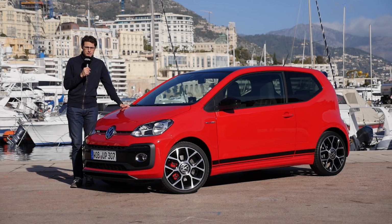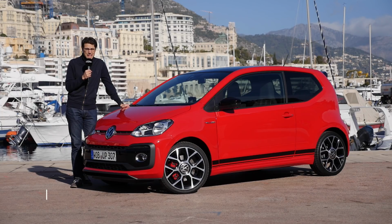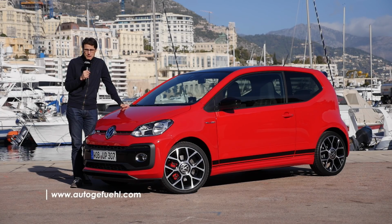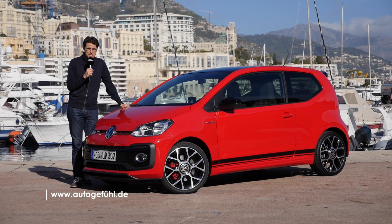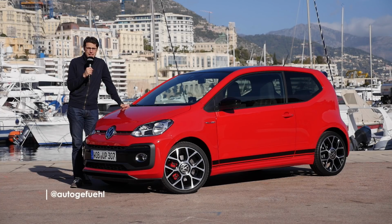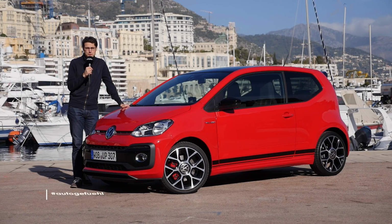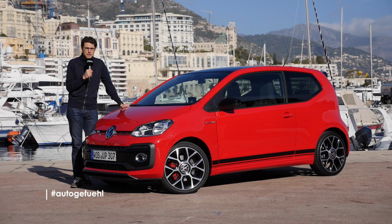Can a very small car actually also provide a lot of sporty driving fun, or can a sports car maybe reduce emissions, reduce traffic space and be somewhat compatible with city day traffic? Well, the Volkswagen Up GTI tries to do that. The smallest one from the VW lineup is also now available with more horsepower in the GTI trim, and